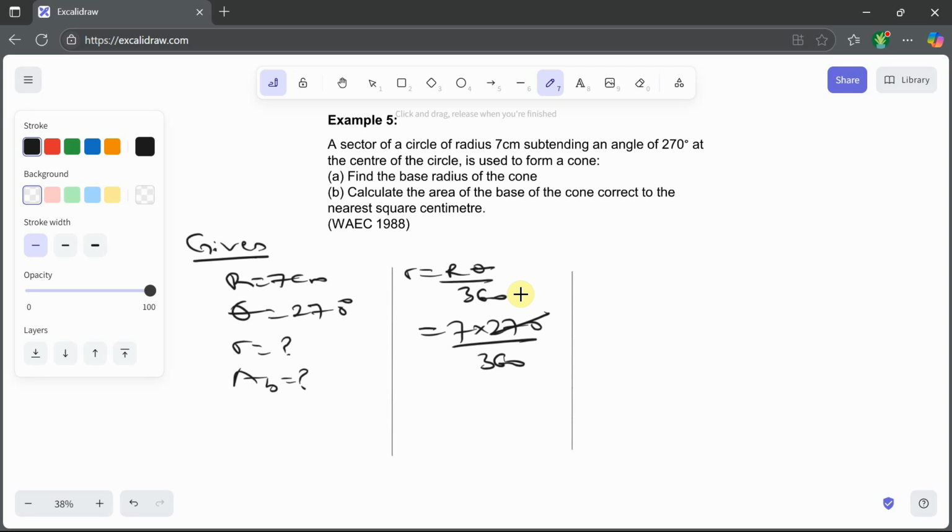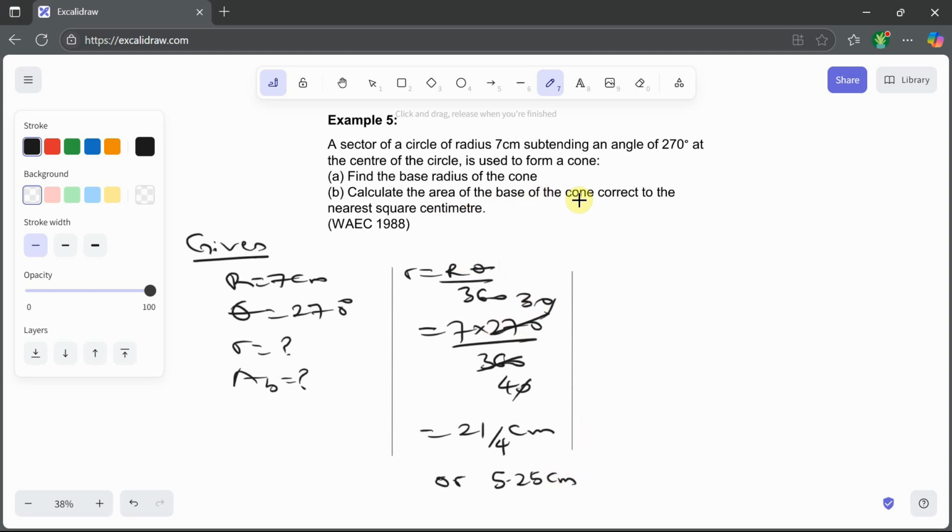9 can go here 30, 9 can go here 40, 0 comes to 0. So what I have here is 21 over 4 centimeter. So 21 over 4 centimeter is the same thing as saying 5.25 centimeter. So now that we know that, we can now move to the next question, which says that the